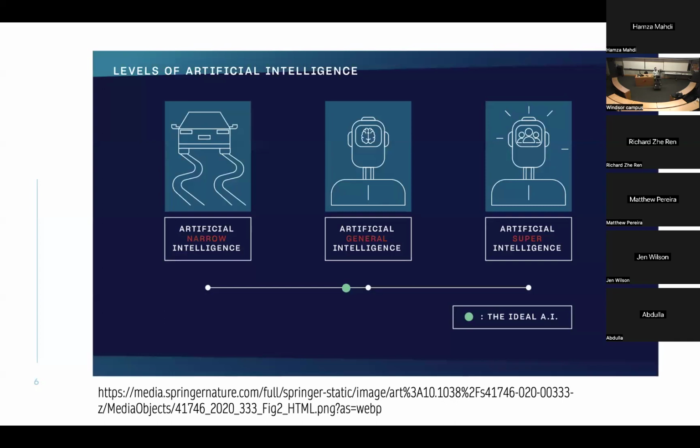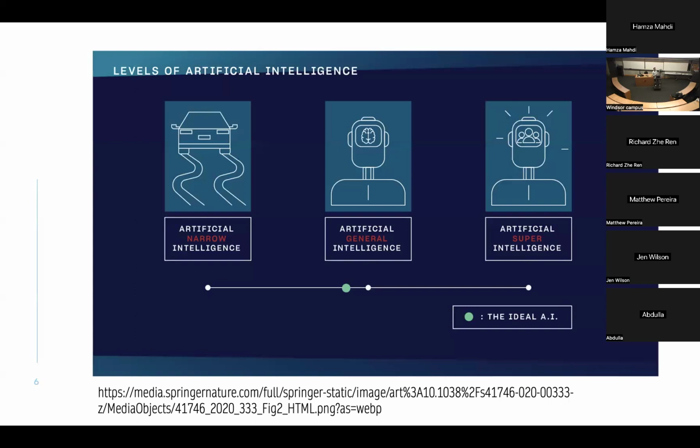Can you use it for your purposes? That's essentially the concerns here. And then going a level further with artificial super intelligence, that's essentially when you scale the AI much further, so that it can outperform humans. And you can imagine a super AI taking over the world, kind of like a dystopian thing, and that would be scaling artificial intelligence further.